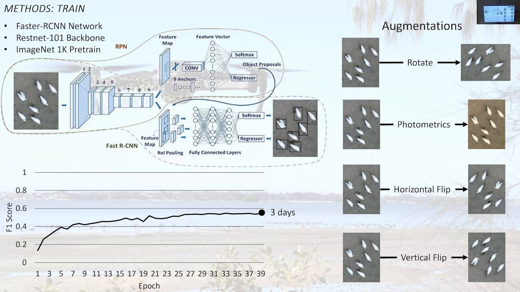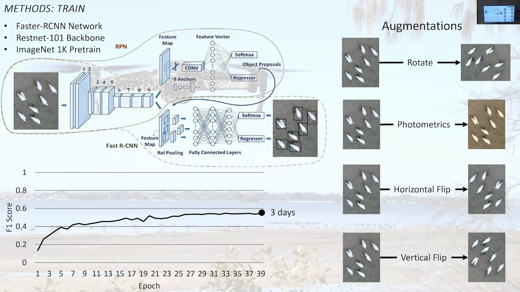Okay, so then we trained the network. The top left here is just a figure of the network structure we used. It's called Fast R-CNN. It's really popular. It was developed in 2017. It's used by Facebook, Tesla, all those companies as well, although I'm sure they're using more advanced things than this now. But it basically takes your image and learns over time during the training how to highlight objects of interest within that image, and then how to place the box around each of those objects and classify them into different classes. For me, that's different species and age categories. So, for example, royal spoonbill adult would be one of the categories.